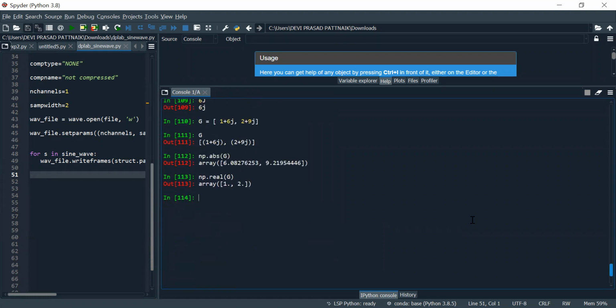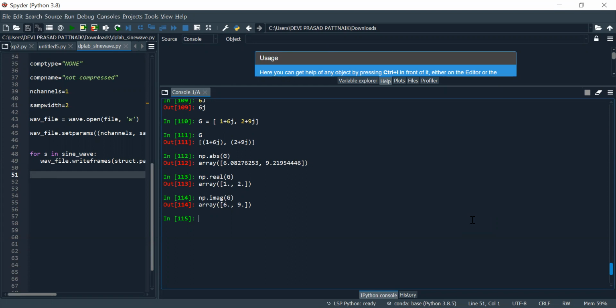So using np.real, if you would like to extract the imaginary part of the complex number, we have np.imag. A complex number is a sum of two real variables, like a plus jb.